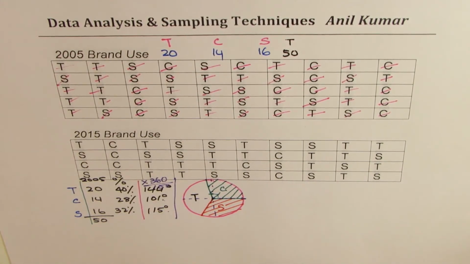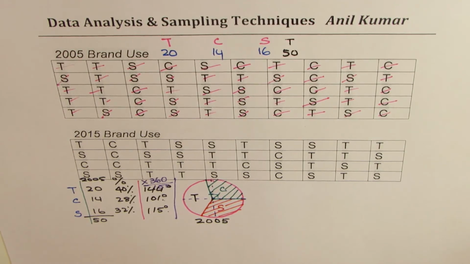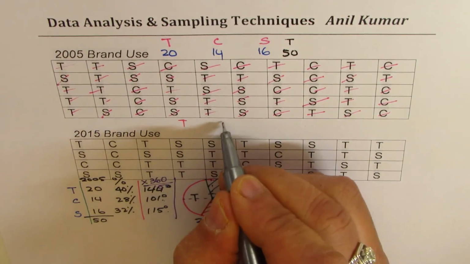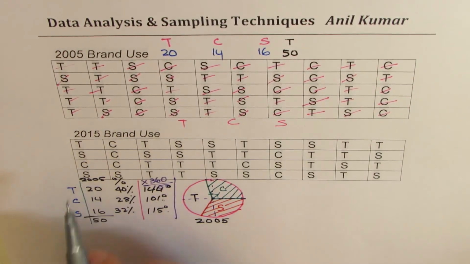So I have a circle graph which represents 2005 brands. Perfect. We are going to do the same thing for 2015, and then we are going to compare them. Correct? So let's count first. Again, we'll count for T, C, and S. So for T,